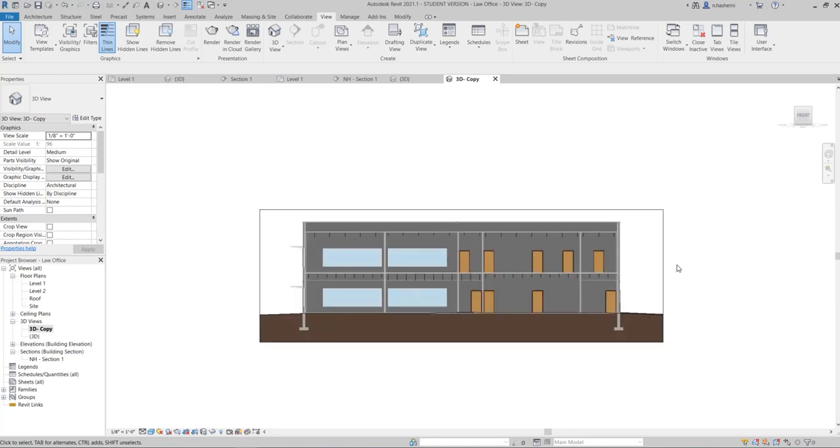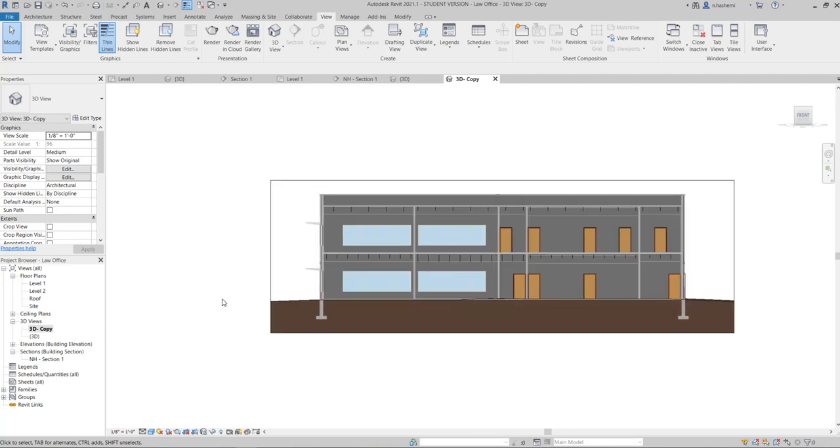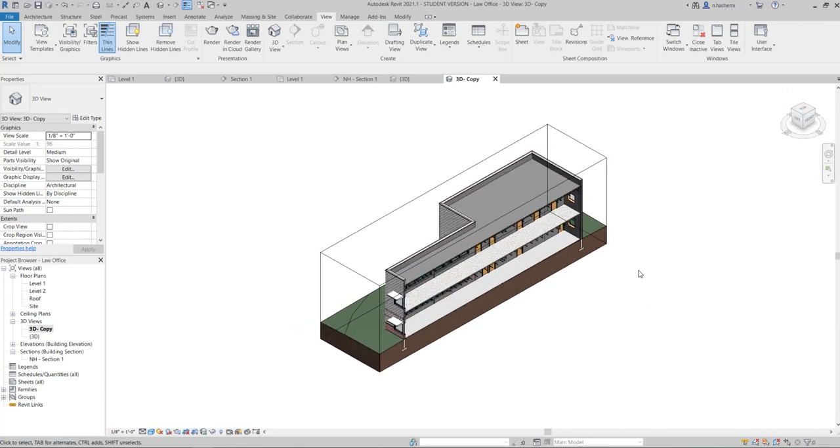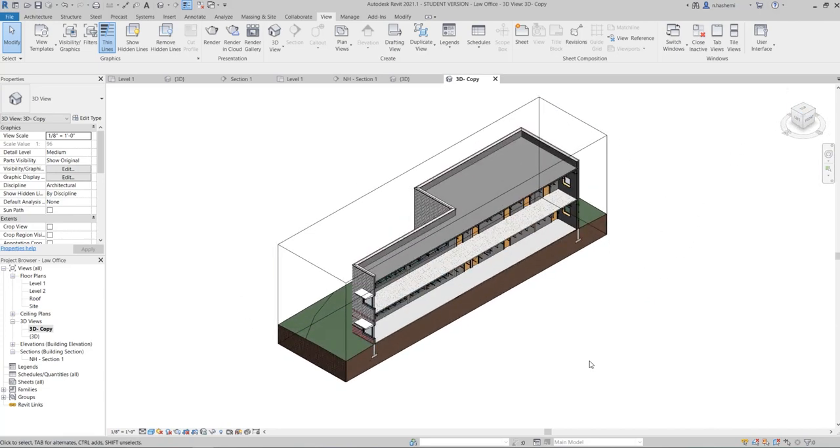Now, what we have here, like I say, is just the render section, okay? But we want to see something interesting. So go to your view cube and click on this corner. And this brings you to this perspective view of your section, okay? So you can see inside the building with this.